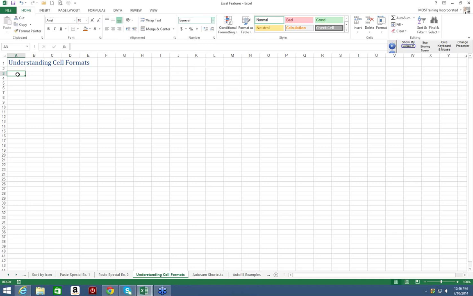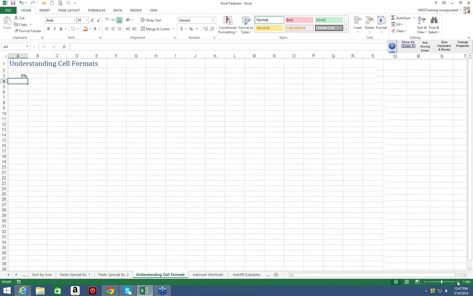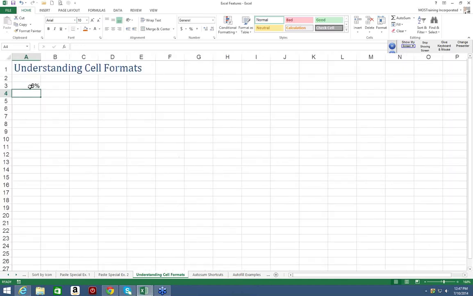But here's the main point that I want to make. When you type in a type of value into a cell, Excel formats that cell for that value. Even if you go back and delete your information, it's still formatted that way. For example, if I type in 6% here in my spreadsheet, 6%. If I go back to that cell,